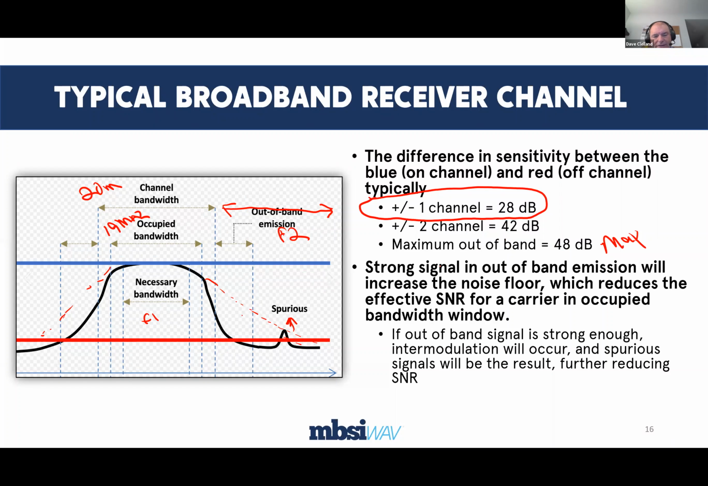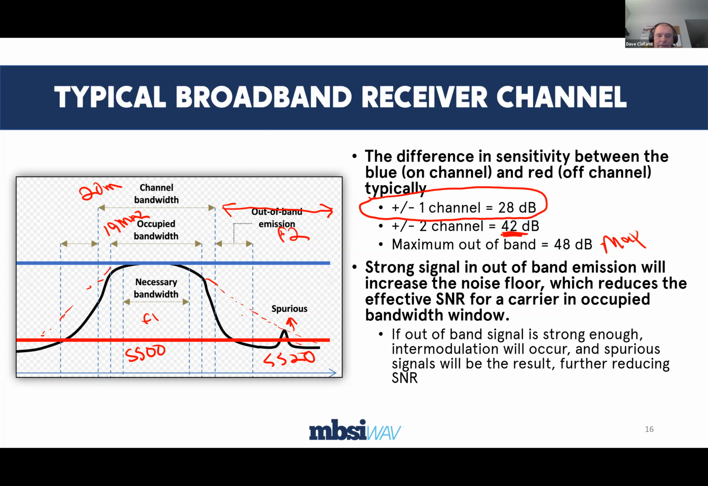If this was, let's say, for numbers, if F1 were 5500 megahertz, and F2 was 5520 megahertz, then the receivers on F2 are going to offer about 28 dB of protection from F1. If they were 5540, one more channel over, I would have about 42 dB-ish of protection